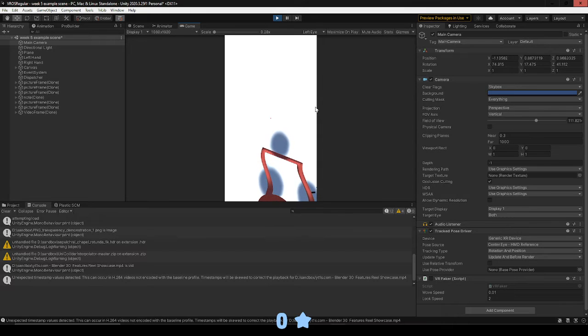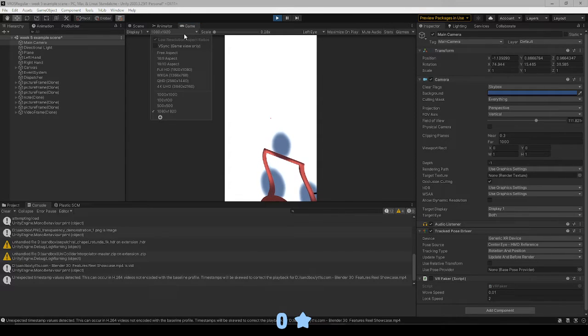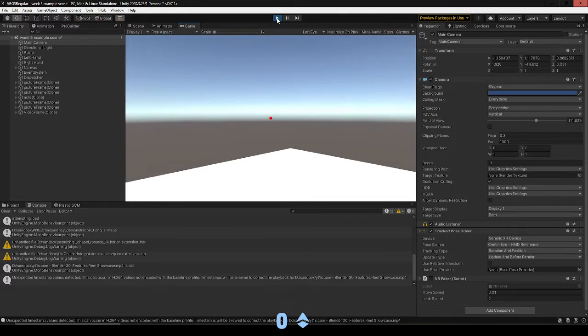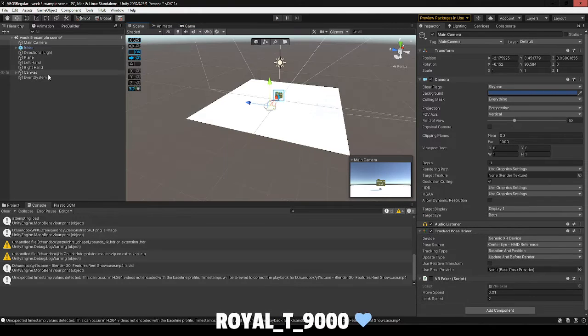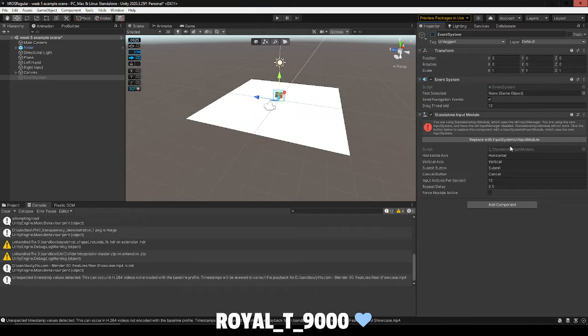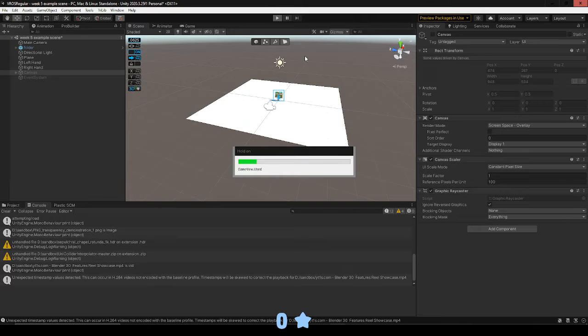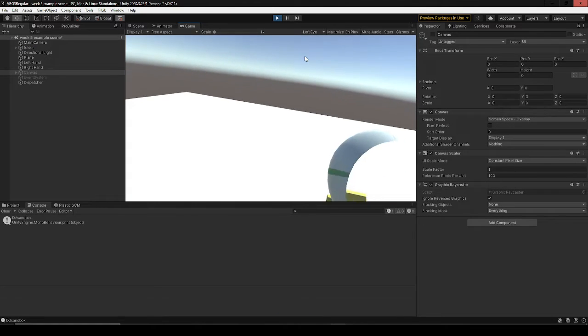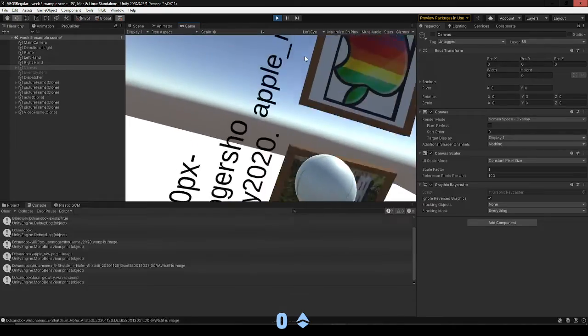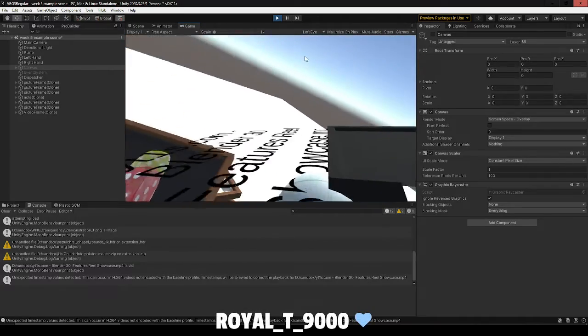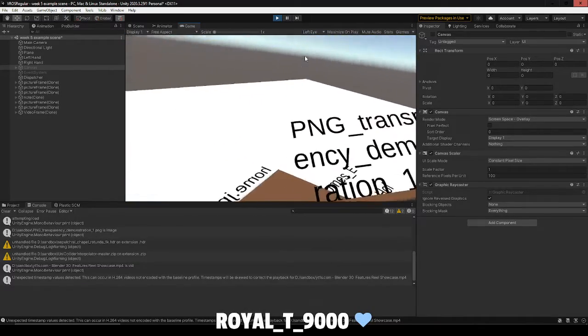I guess we'll just leave it on left eye for now. Oh, put it to free aspect. That's much better. Okay. I can also turn off this canvas because I do not need it right now. Alright, let me just play that again, make sure everything's working the way that I want it to. And pick stuff up and click buttons, and yeah, it's all working the way that I was wanting it to. Okay,